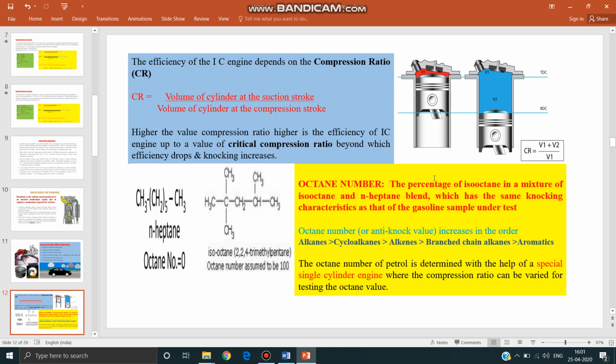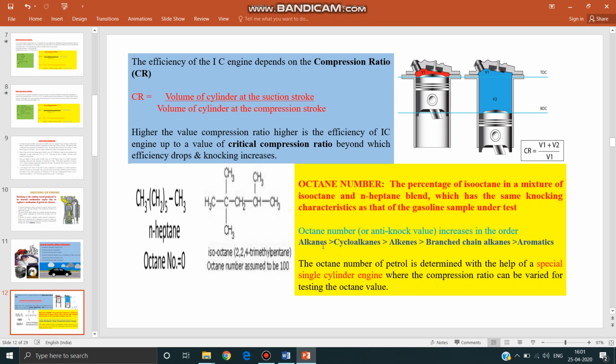This is the compression ratio. It's not required. Now, what is octane number? The percentage of isooctane in a mixture of isooctane and n-heptane blend which has the same knocking characteristic as that of the gasoline sample under test. Okay, so here octane number,